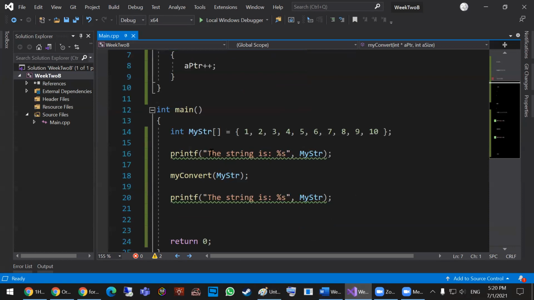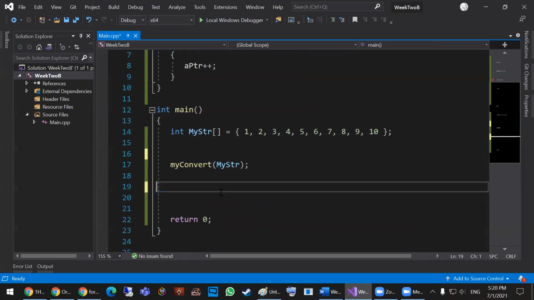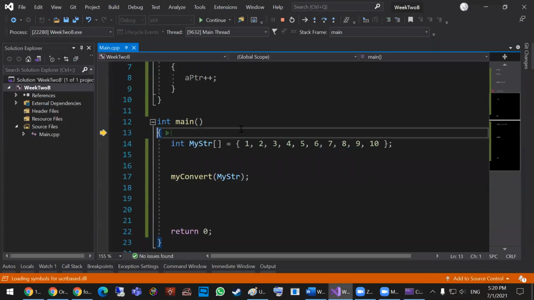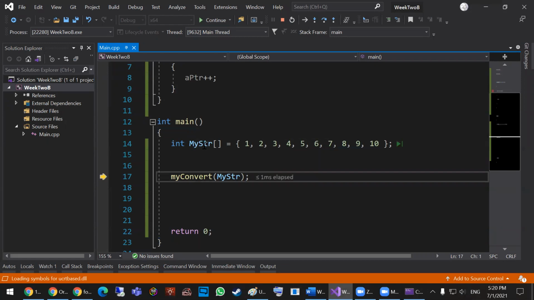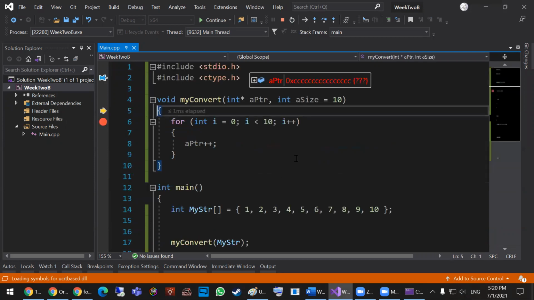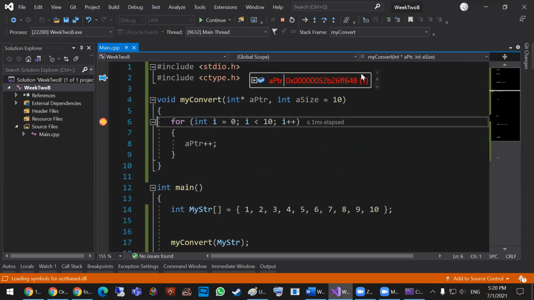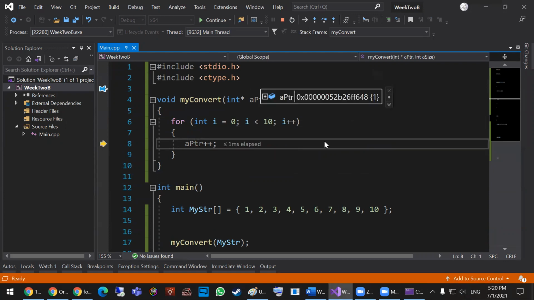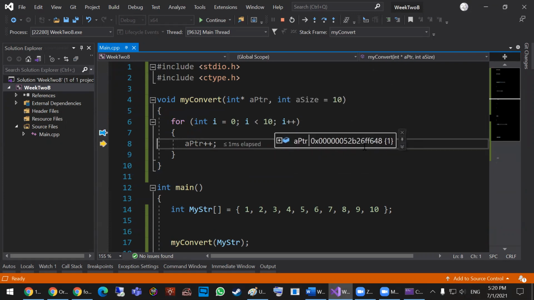Now see what's gonna happen. Well, this is not a string anymore. I don't want to display, just pass it and show me. So I have my integer array, 1, 2, 3, 4, 5. It starts at 48. Now F11 inside, it starts at 48. Now I'm gonna pinpoint this. So it's 48. When I add 1 to it,